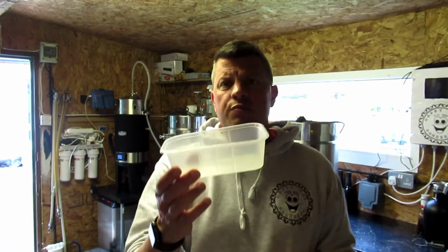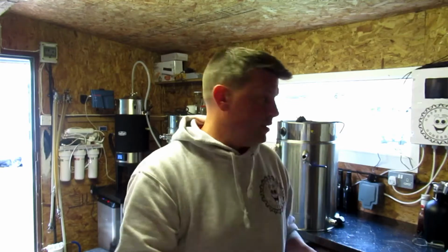And what I tend to do when I'm using them is I weigh out what I want into these. These are just the normal takeaway pots. They can carry about 250 grams of maltodextrin pretty much full in one of these. So 500 grams in the recipe, so I have 2 of these full up with maltodextrin waiting to be used. Then when it comes to the time of using them, 15 minutes before the end of the boil, usually something like that,